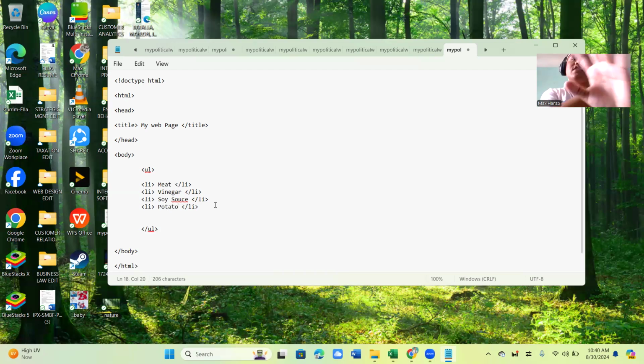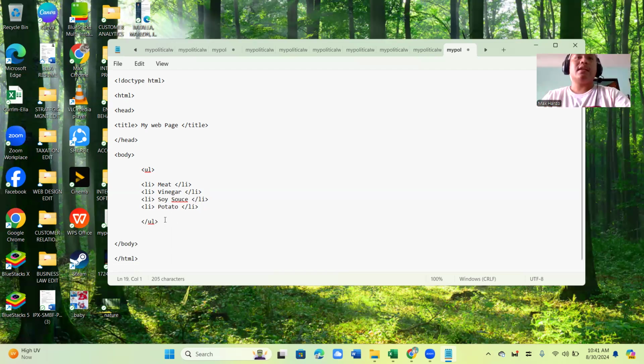So yeah, these are just some of the ingredients of the Filipino food adobo. I'm just trying to show you how to do the listing, the unordered listing.